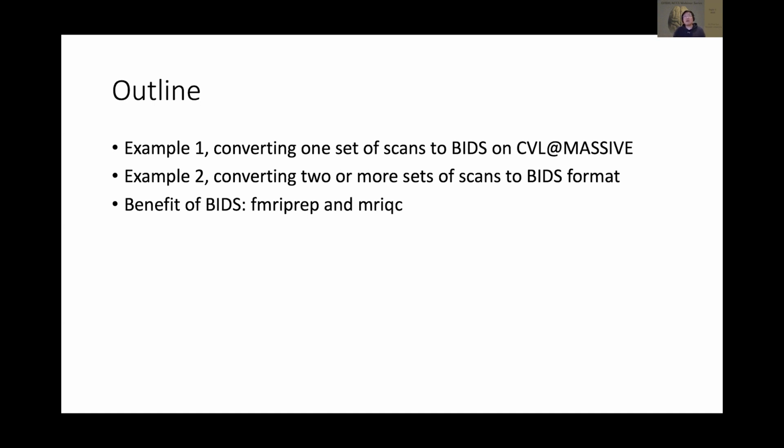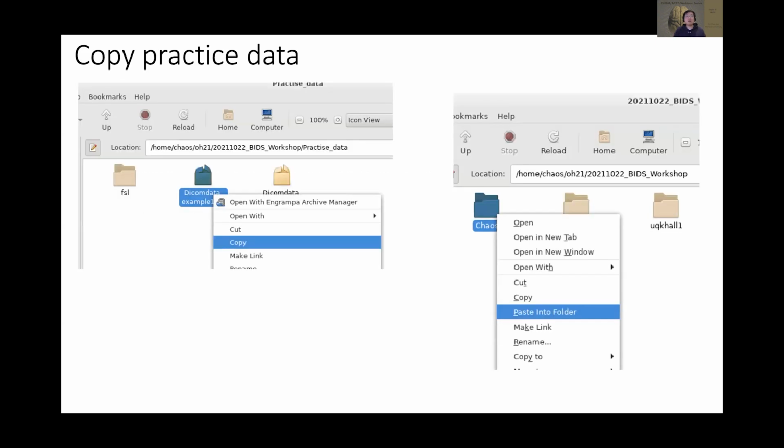It's functional MRI, fMRIPrep, MRIQC. You will see, as long as you get everything sorted, it's just one command away, one line away, from your BIDS format to those beautiful pictures. Okay. Amount of time, let's just quickly go through the first one.